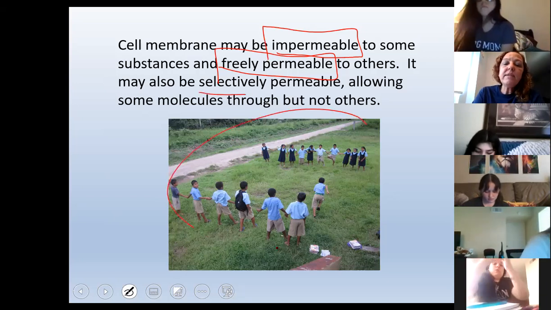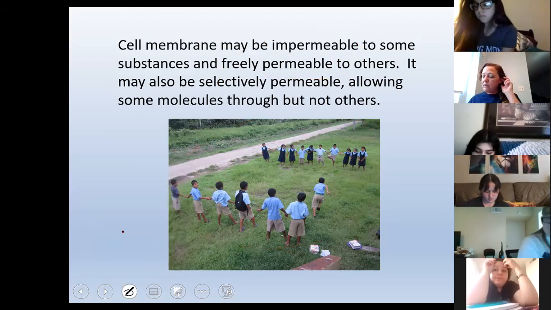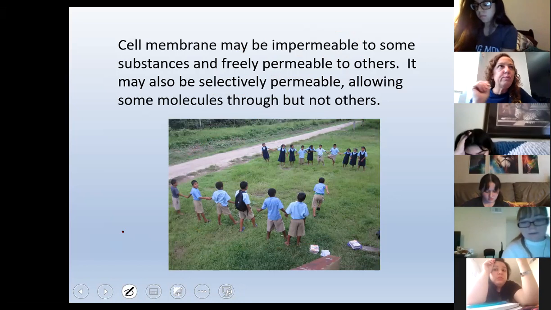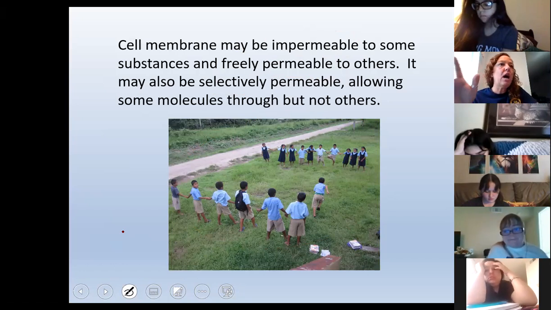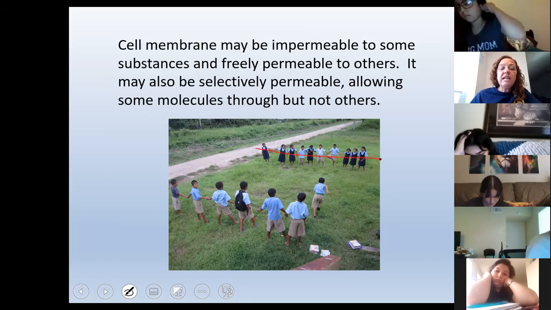So why do I have this picture right here? Well, let me explain this to you. For those of you that have been living in a cave, this is a depiction of a game called Red Rover. Red Rover, I'm assuming everyone has heard of Red Rover. This is a wonderful demonstration of permeability. So the goal, again, for those of you that don't know Red Rover, is that each of these lines